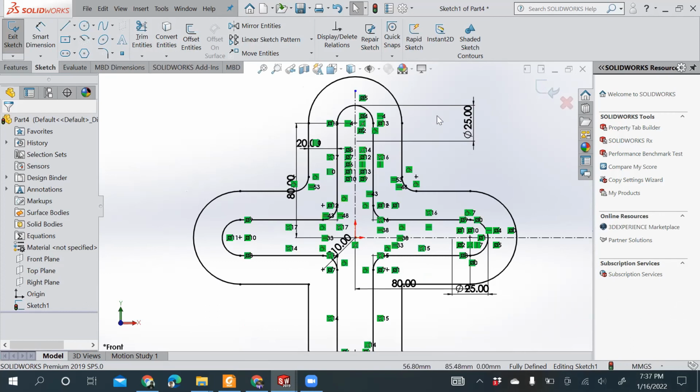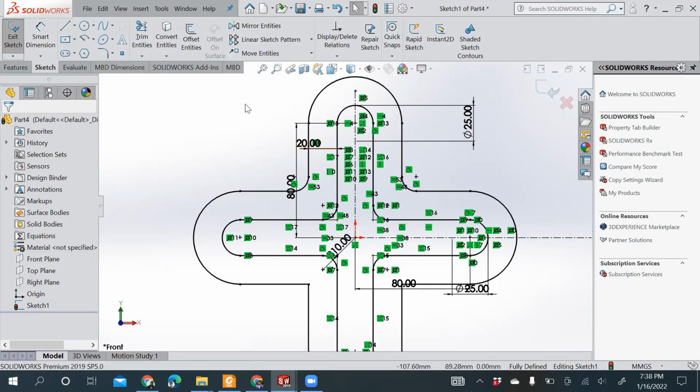From next sketch onwards, I hope till now we have seen almost all of these particular sketch tools in action, and I hope with only practice, you can actually gain more and more confidence on this software.